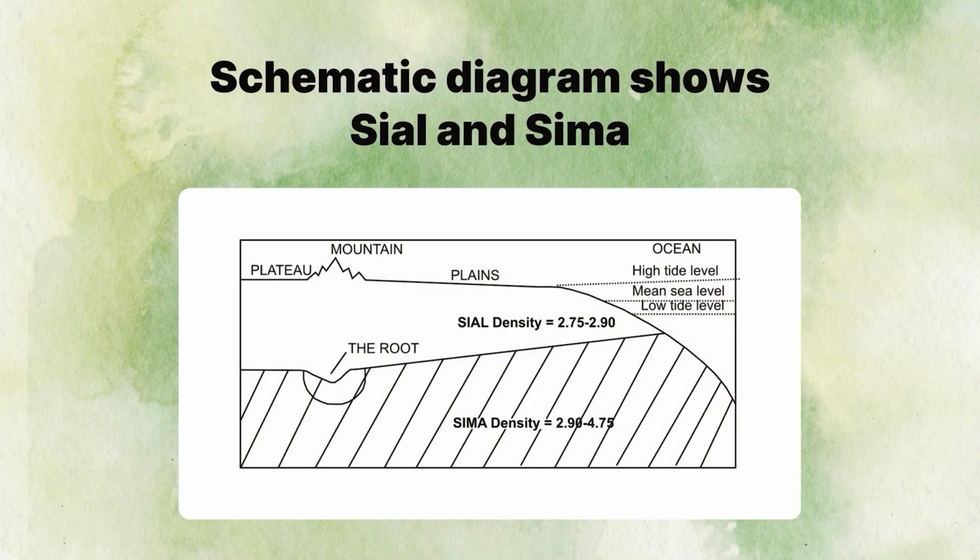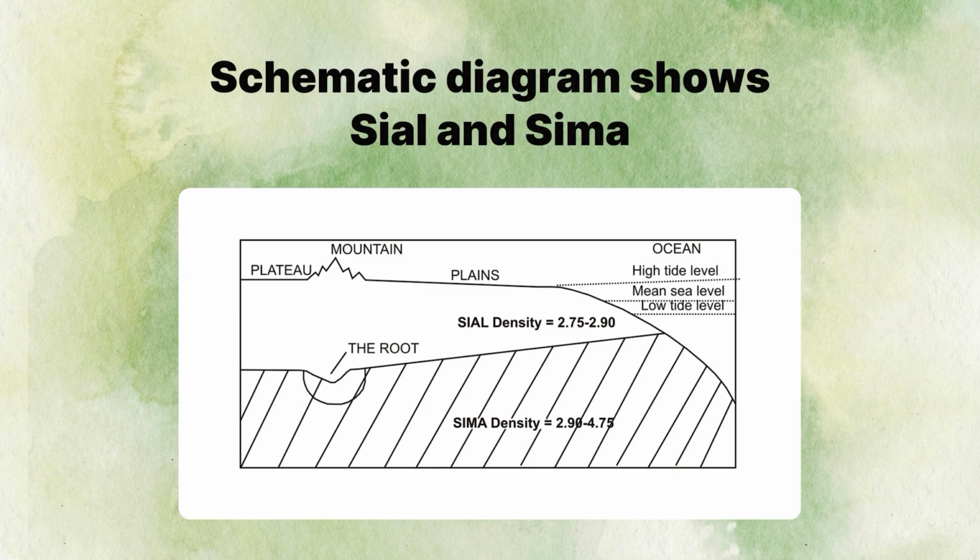Now let us have a schematic diagram which is showing sima and sial layers in the earth crust. Here is the plateau mountain and here is the plain. The thickness of the sima in the plain is less as compared to the mountainous region. You have a much thicker sial here, and it forms the root of the mountains. And sima is again in the oceanic region. It is hardly below 8 kilometers, and its density is around 2.9 to 4.75